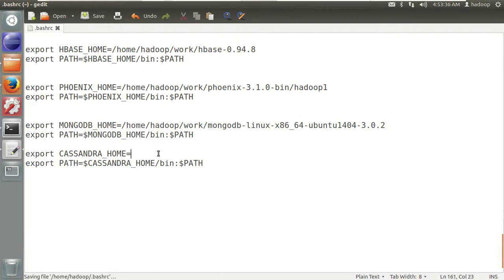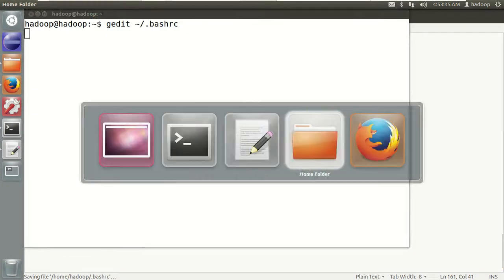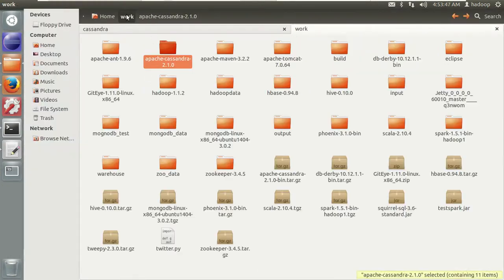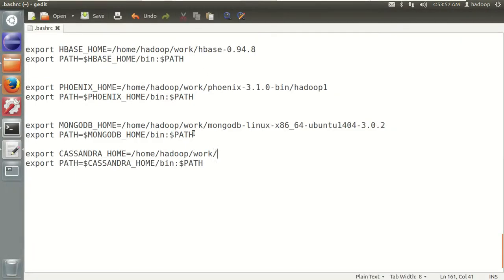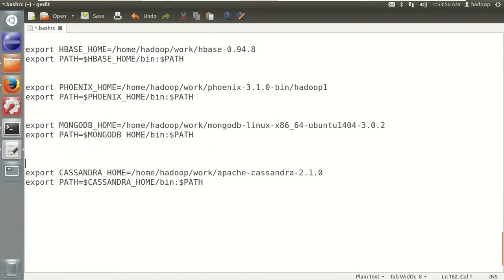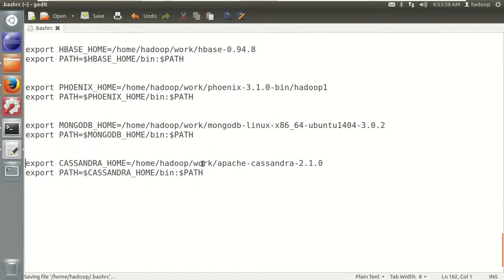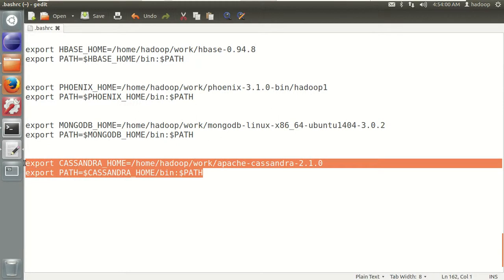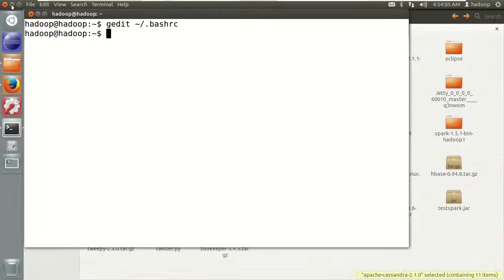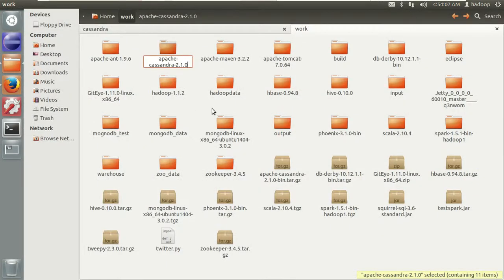Here we need to give the path of Cassandra, that is /home/hadoop/work, and right now in my system it is this one, along with the folder name. If you add these two lines in the .bashrc file, your system will automatically know where Cassandra is configured. Let's save this file and reopen the terminal.